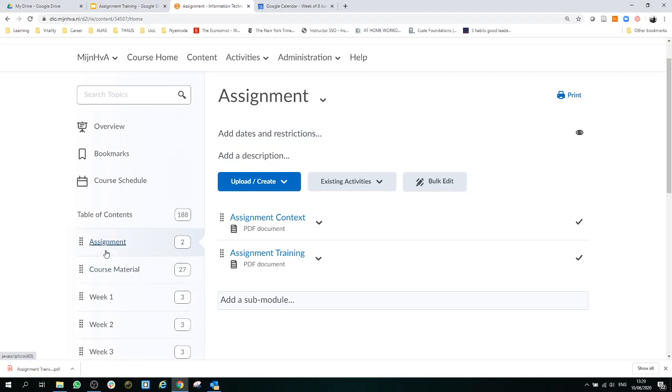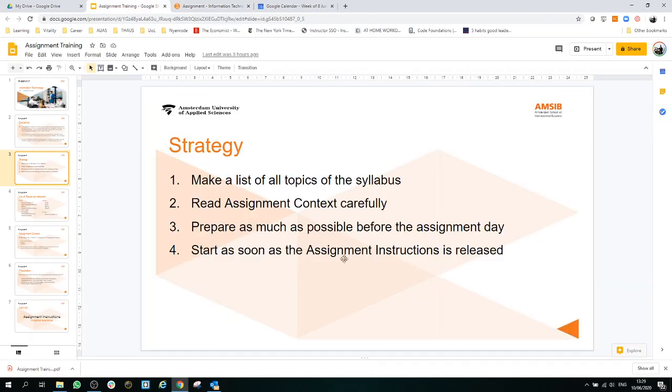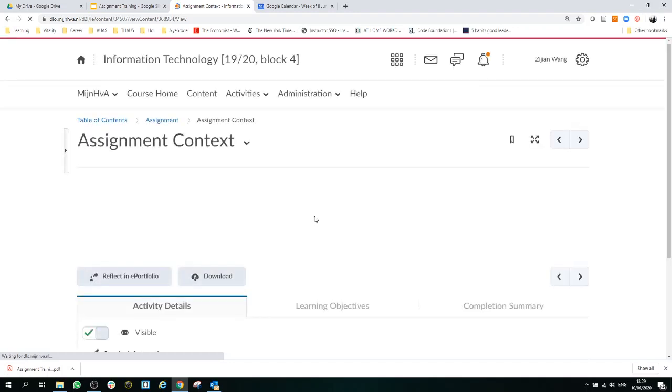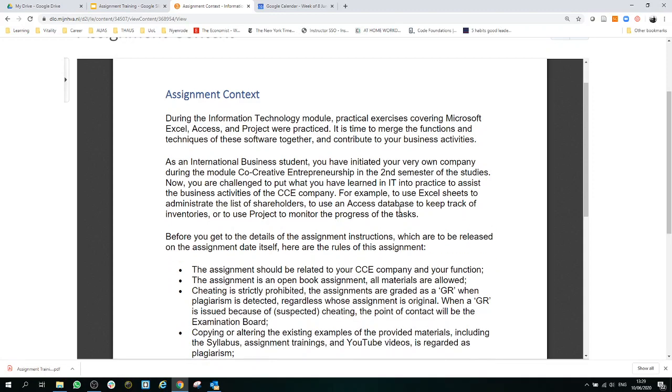This new folder is called assignment, and here is the document I'm referring to, called assignment context. This set of slides is already available on Brightspace, also under this folder. So this one is the slides and this one is the context. Please read this context very carefully, and there are many things you can do already to prevent problems or to